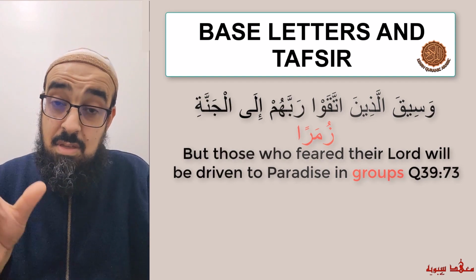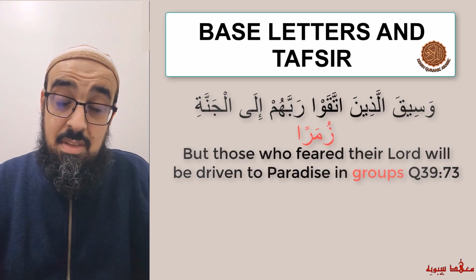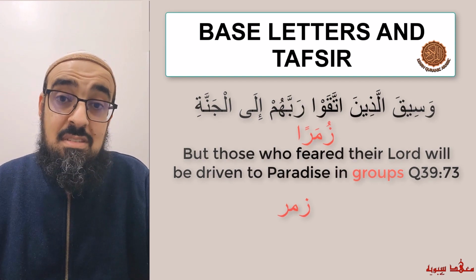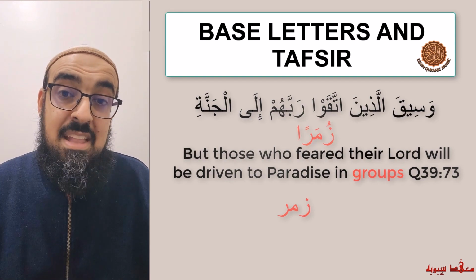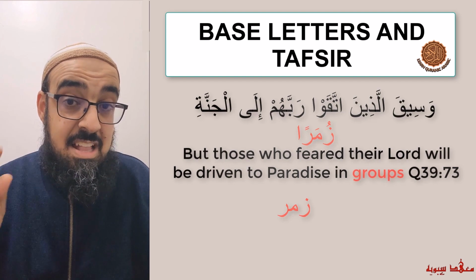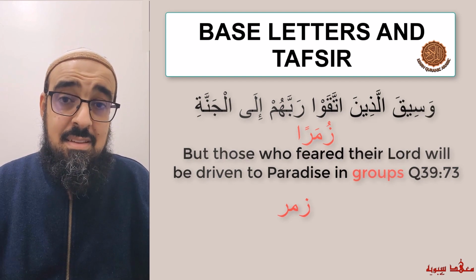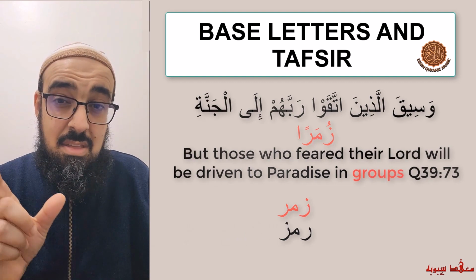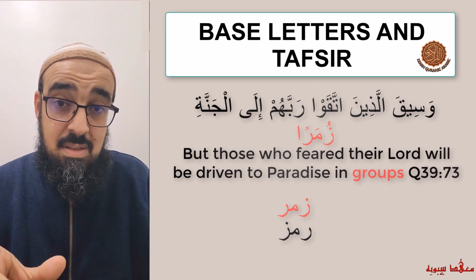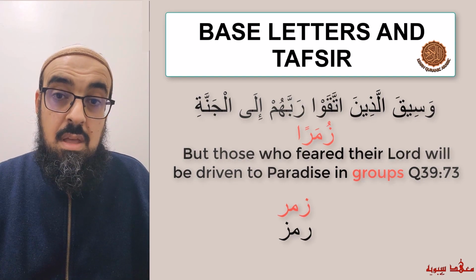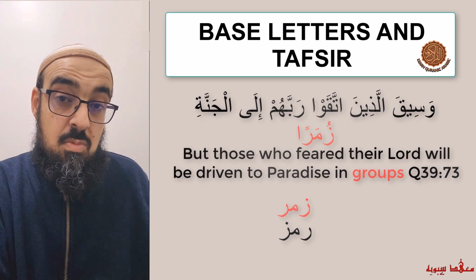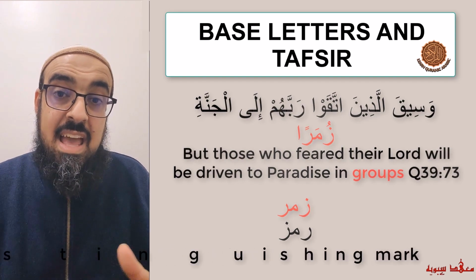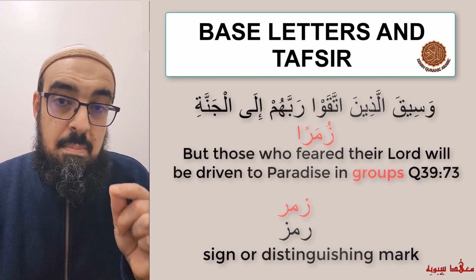So in Surah Zumar, it speaks about those who've been led into hellfire and those being led into Jannah. Now we can take the three base letters for Zumar, the Zay, Mim, Ra, and we can rearrange it to get a related meaning, like how we spoke about alima. And what word do we get? We get the word Rams. Now this triliteral root, Rams, has a meaning in itself, which is related to Zumar. What does Rams mean? It means an indication, a distinguishing mark.